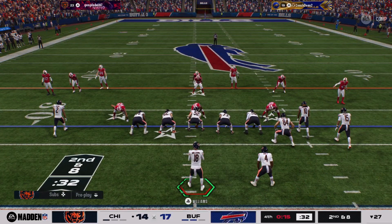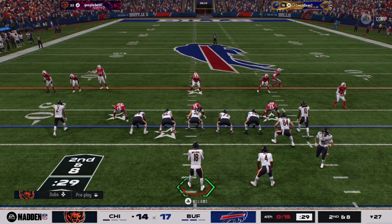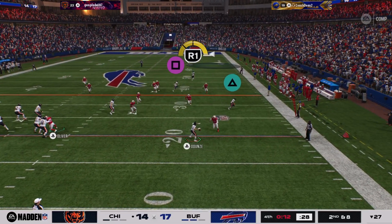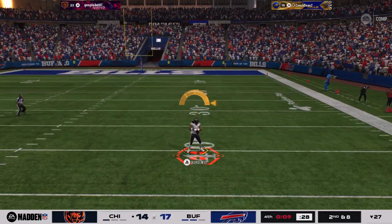Ready, set. Quick throw outside, and they might throw this again. He's got